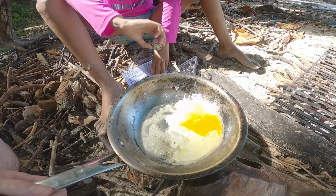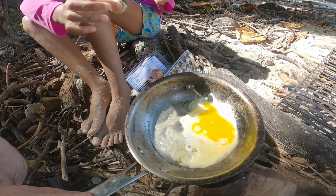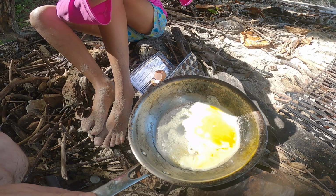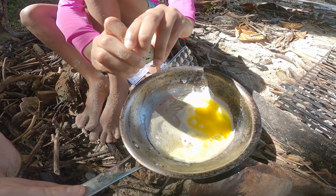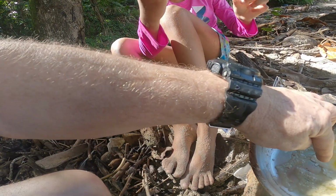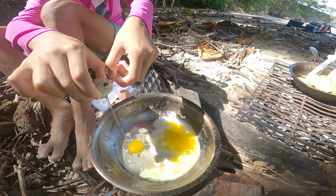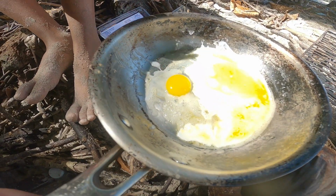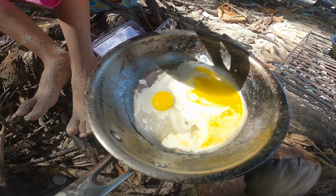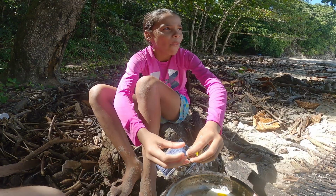Well, how are we going to do this? You're going to try your best. How do we do this? Same way. Go closer. You're going to break it by just dropping it, girl. And there's shell in there. Ah, that one worked. That looks more like a mini tiny egg. Down closer, because when it falls down from too high...